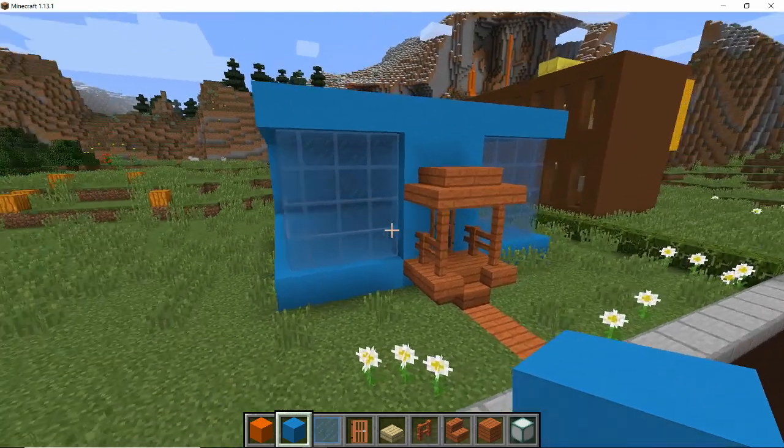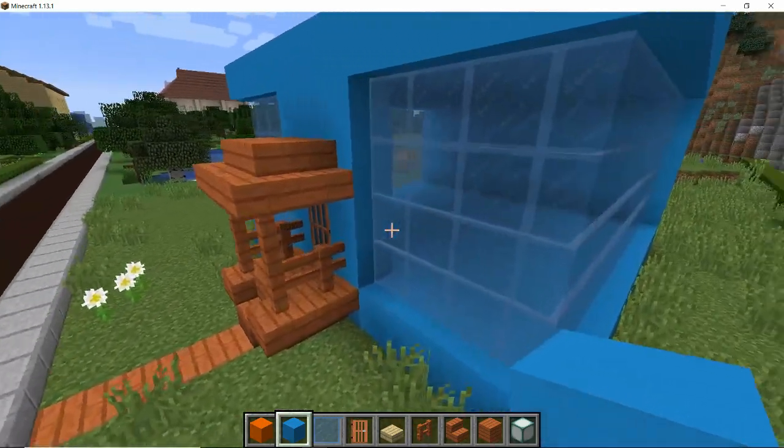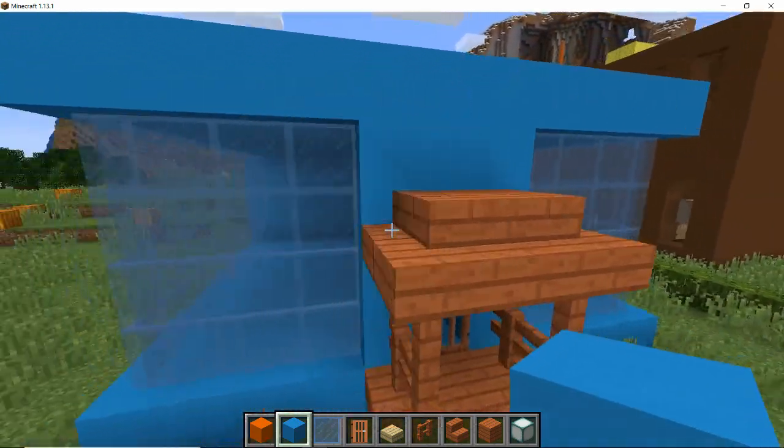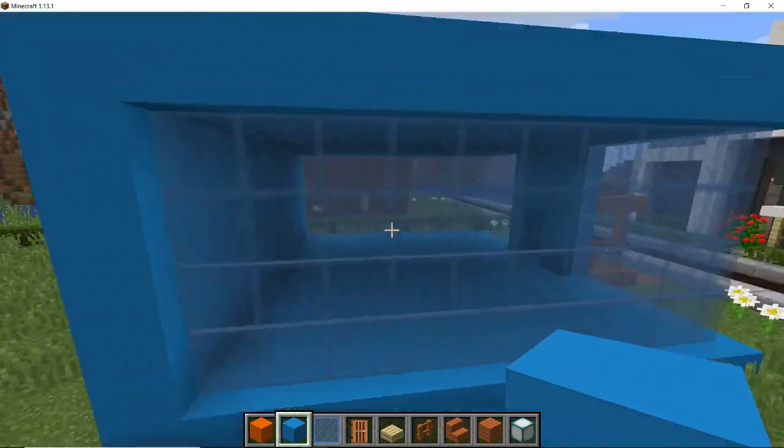So that's the first cube of our house completed. A little porch and lots of glass and light into the house. If you come round to the back now,